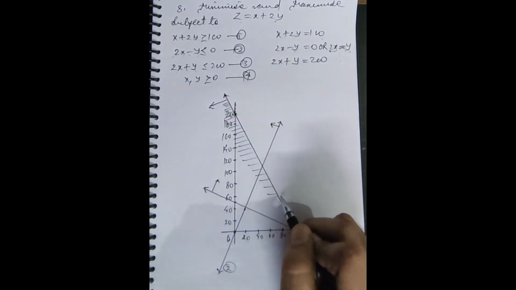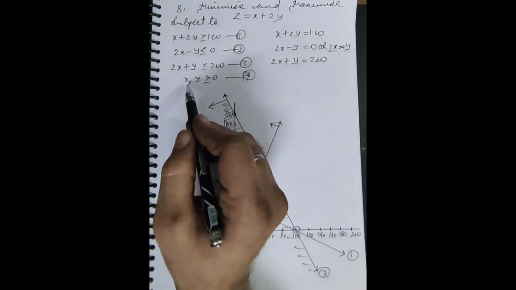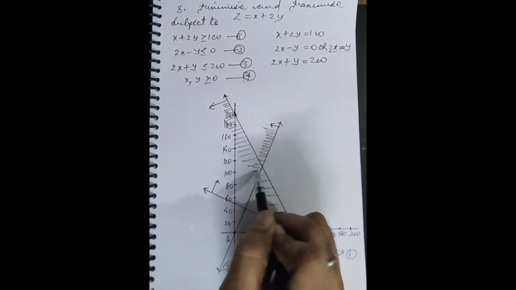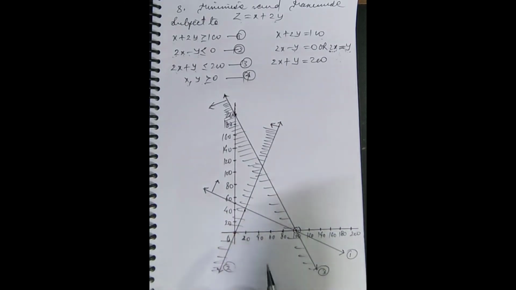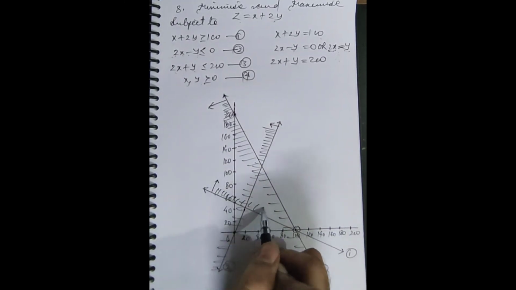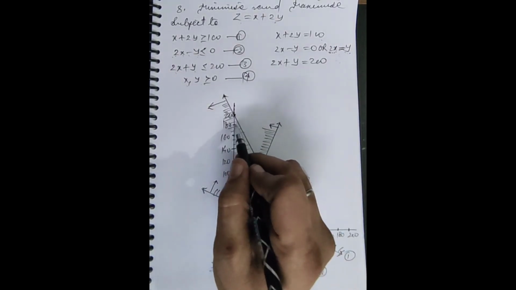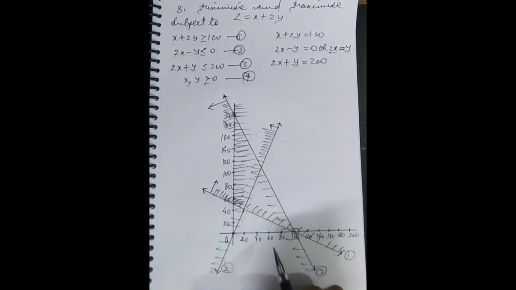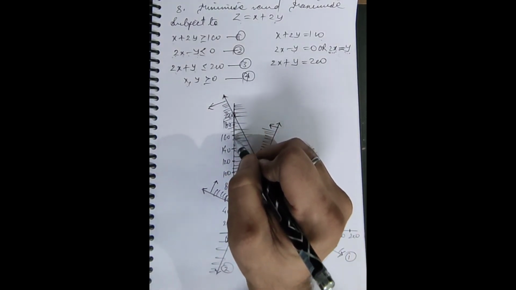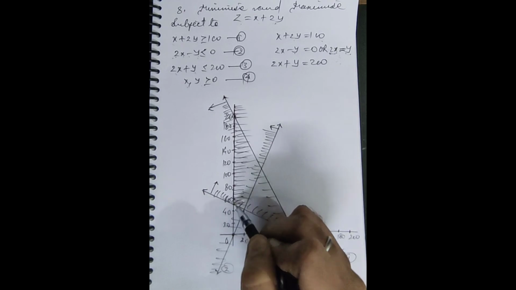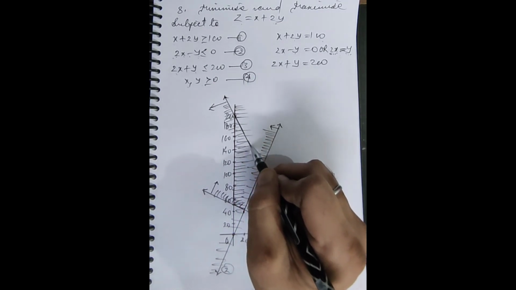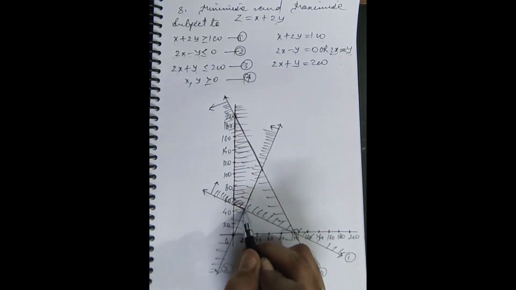So this way, everything is in the first quadrant, as x and y both are positive. This one says shade opposite to the x-axis, and here we need to shade opposite to origin. Now this is clearly visible. In this figure, the y-axis is part of the polygon, the enclosed feasible region. You can see it is enclosed. The x-axis is not in direct contact with this polygon. And obviously we have four vertices.